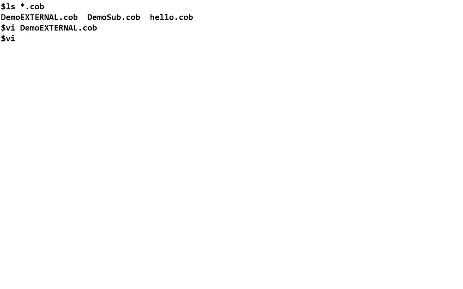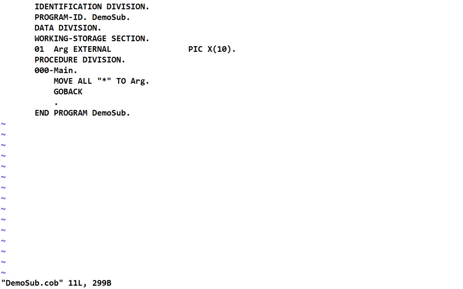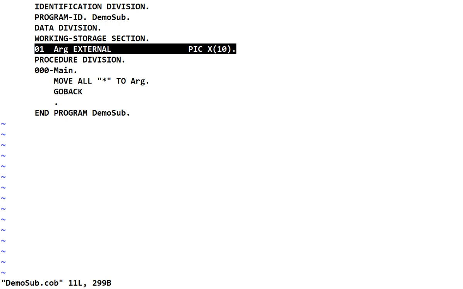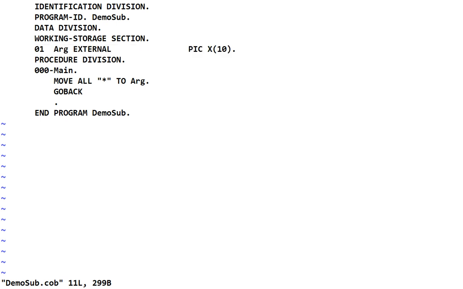And then if we look at demo sub, this is the subroutine. Again, it has an identical declaration of the variable, which makes sense because it's the same storage location. It's external. And then what they do is they move stars. So the main program puts a bunch of X's into arg. And then it calls the subroutine, which puts